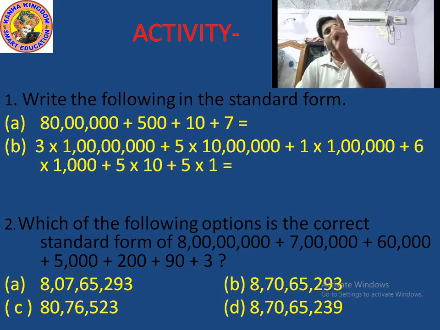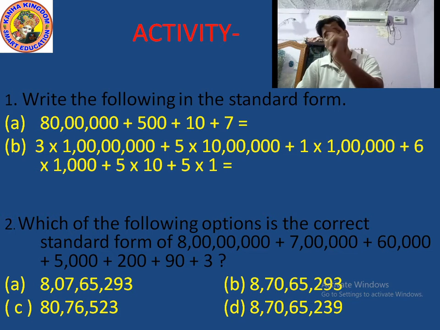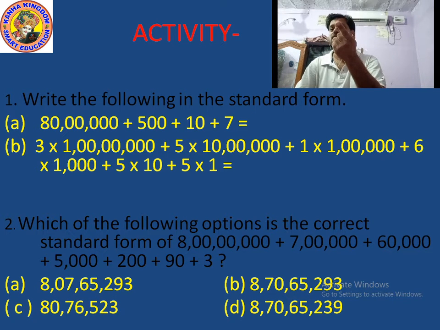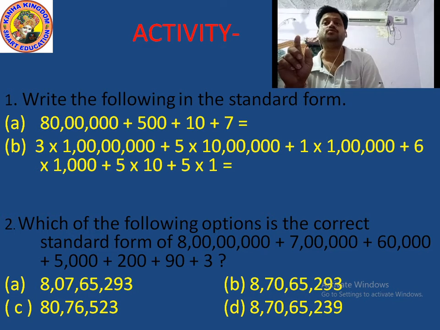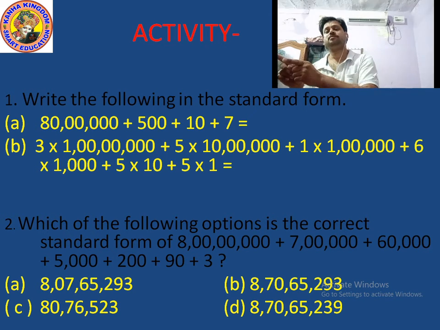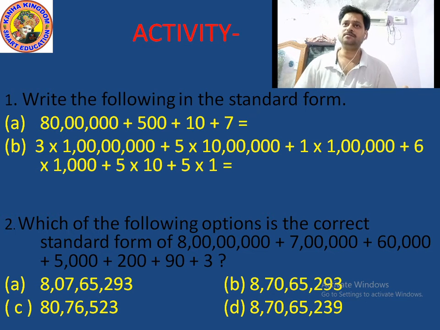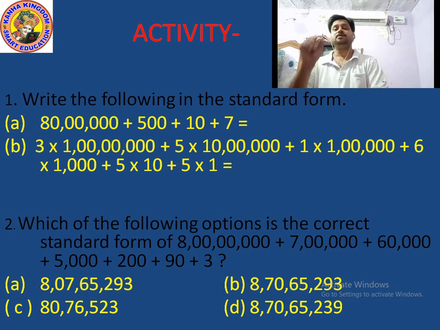So 0, and then the 1000 place value. Which digit is in the 1000 place value? You all know, I will not tell. Then again comma. After that, which one is missing? Yes, the 100 place is also missing. And when the 100 place is also missing, what you have to do? Good, you just put 0. Then 50 plus 5, 55. Okay? Understand? Very good.